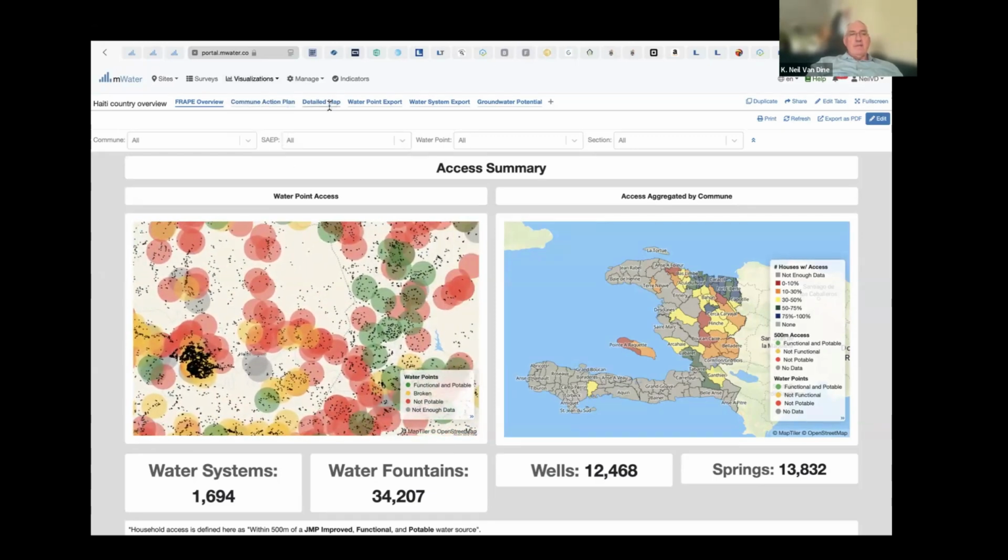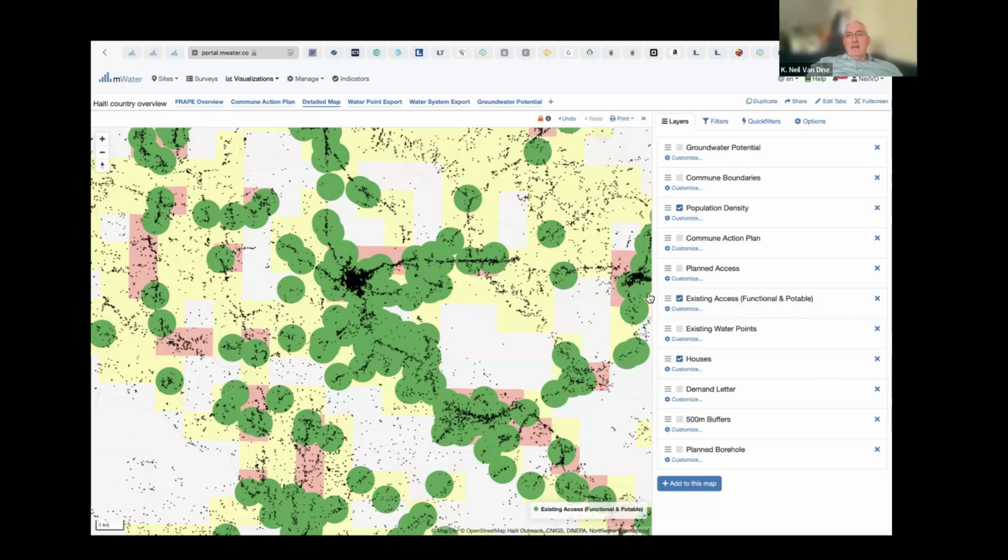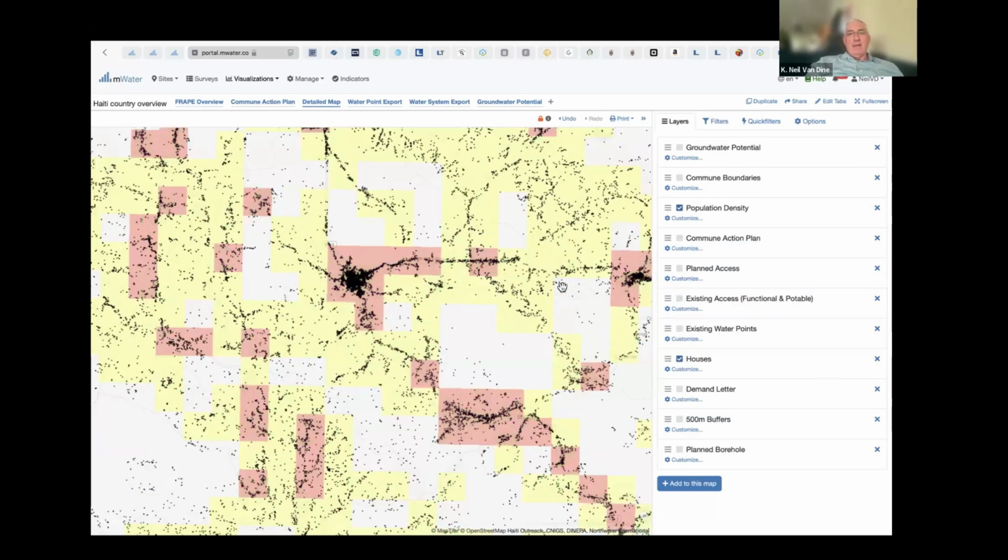But what's interesting about this is that this is a raster map. The yellow and red is a raster map that we created. When you look at the red areas, these are 1 square kilometer squares. Inside that, if it's red, that means there's more than 100 houses in that 1 square kilometer.